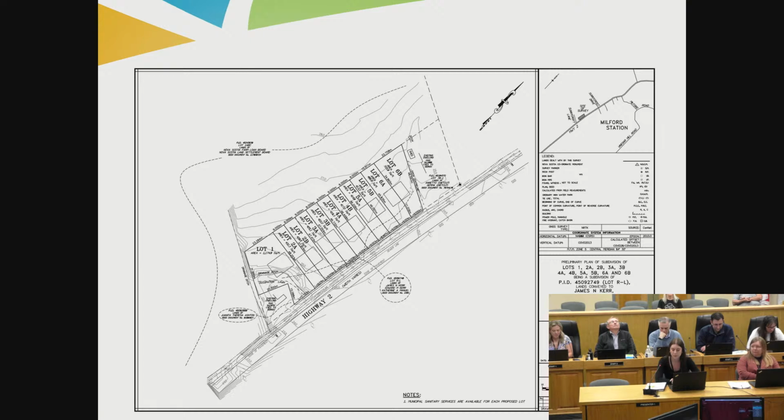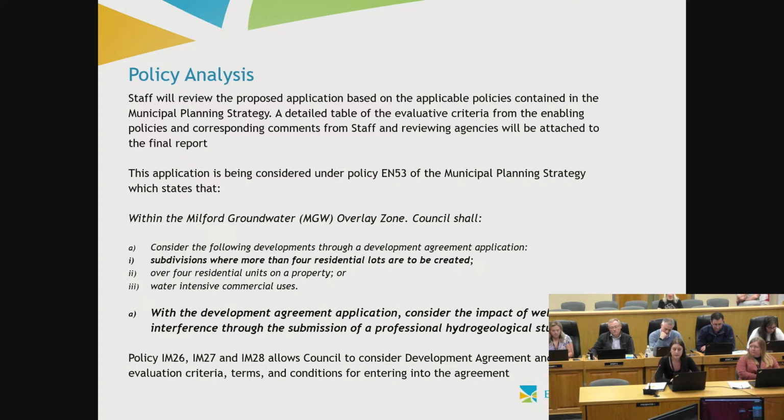This is their proposed preliminary plan that they've provided. So this is after they've been further subdivided. This plan shows 11 lots. For policy analysis, staff will be reviewing the proposed application based on all of our applicable policies in the municipal planning strategy, and that table, as well as our comments from reviewing agencies, will be provided in the final